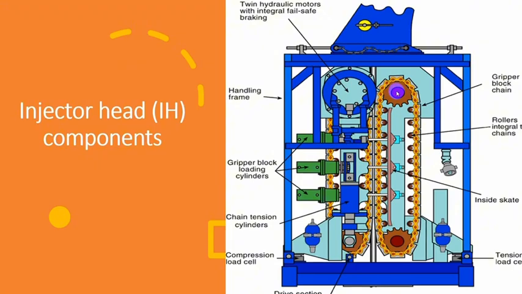So it consists of loading cylinders or traction pressure cylinders, and here we can see two hydraulic motors. These two hydraulic motors are connected to the driving sprockets. These driving sprockets drive these idle sprockets. So these two are called idle sprockets, and these two are called driving sprockets. Hydraulic motors rotate the driving sprockets